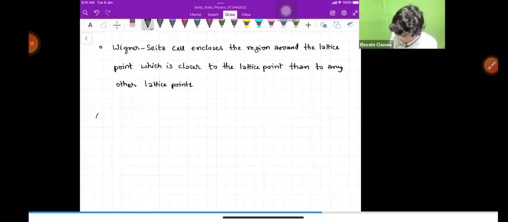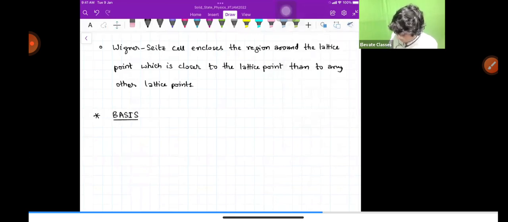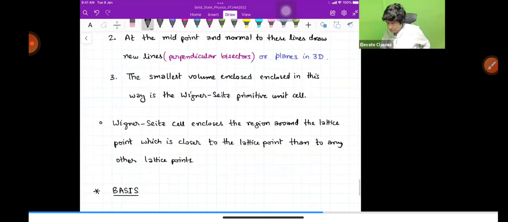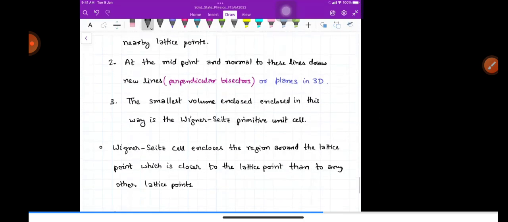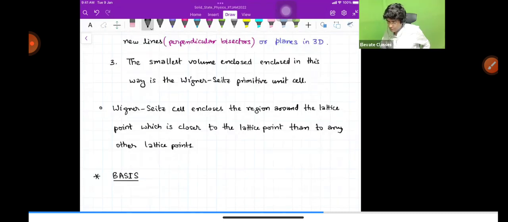topic is basis. Okay. Sir, please explain once more. Which one? Sir, the last one. The Wigner-Seitz cell encloses the region around the lattice point, which is closer to the lattice point